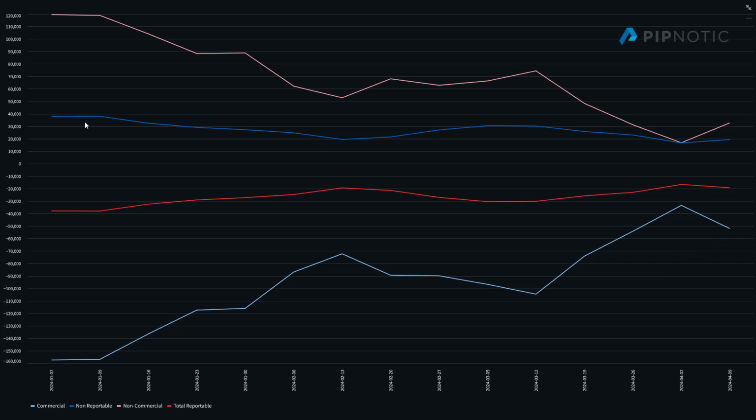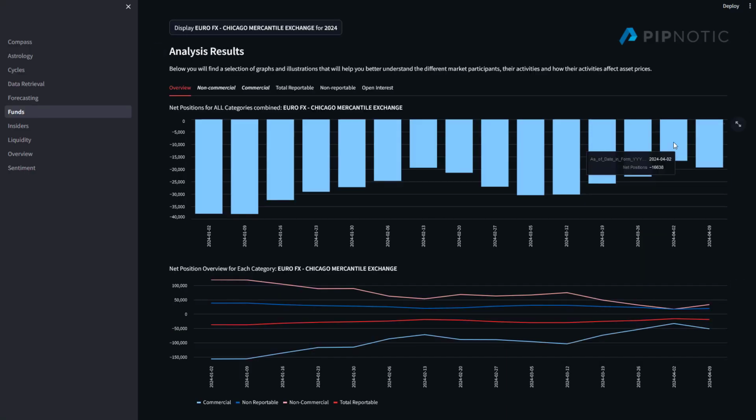And we have the non-reportable and the reportable. They're pretty much moving in alignment. This running at -20, and this one is at +20, so they're pretty perfectly balanced. Here we have +30 and -50. Okay, so this is why we are seeing negative bias, because we have the commercials slightly more bearish than we have the commercials bullish. Okay, this is why we have the net short.